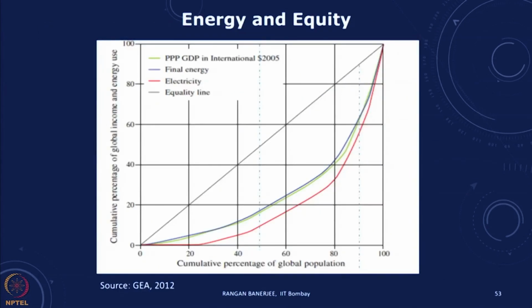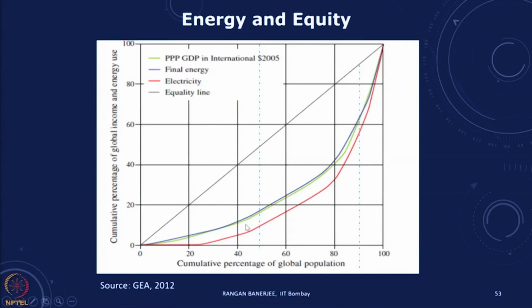If you look at the world, this was done in the global energy assessment, and you can see that in the final energy and the electricity use, there is a fairly significant inequality. So, for instance, if you look at the poorest 10% and the richest 10%, you will find that the richest 10% consume more than 40% of the world's electricity